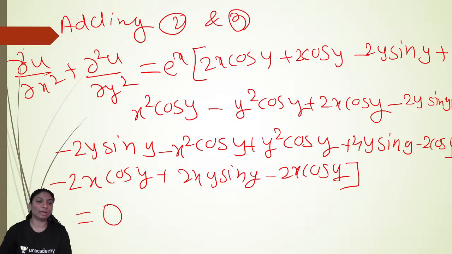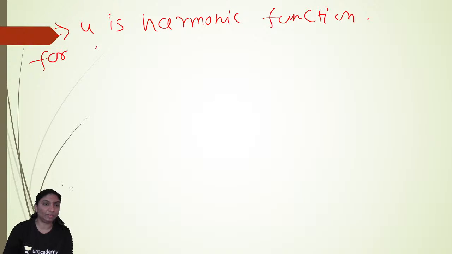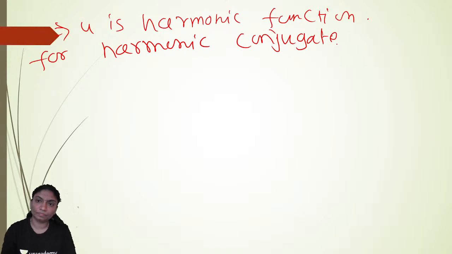Here u is a harmonic function. Here everything is cancelling out, see, so ultimately you will get 0. So this implies u is a harmonic function. As it is a harmonic function, you can find v. So for harmonic conjugate v, we'll find out the harmonic conjugate v as,